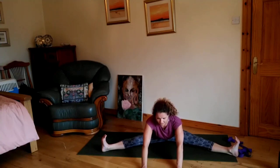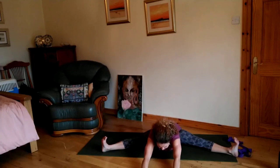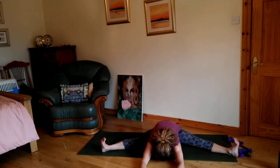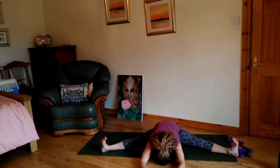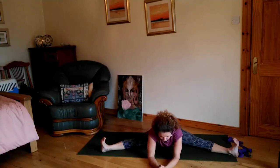And we stay here. Relaxing through the shoulders. When those inner thighs and groins start to open a little bit more, you can walk the hands forward a little bit more. And soften the chin and the chest down towards the mat. Witnessing each in-breath and each out-breath. And we can walk those hands back in,